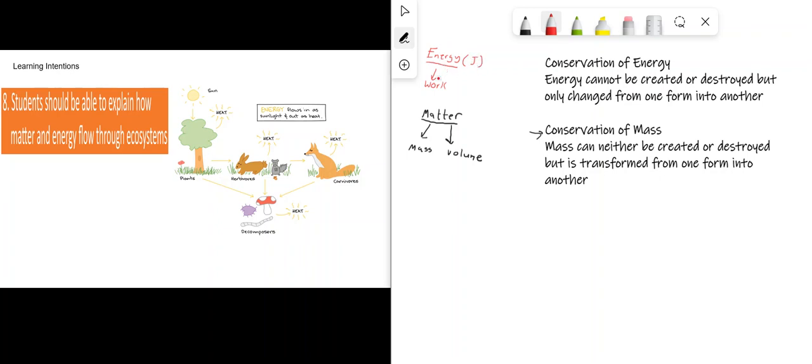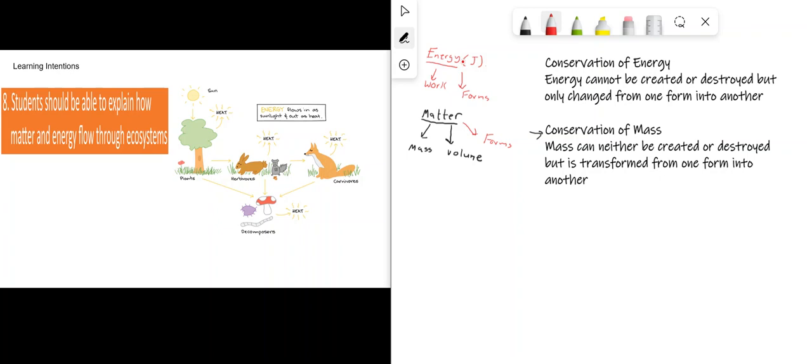So energy is the ability to do work, and energy has many different forms. You can say that matter can exist in many forms as well, like it can exist as a tree, it can exist as a rabbit, it can exist as a sun, etc. And energy as well has many forms. You can have chemical energy, for example, which is the energy stored inside the chemical bonds, like in glucose. You can have nuclear energy, like the energy that's radiated from the sun. You can have heat, light energy, and sound energy. So energy can exist in many different forms.